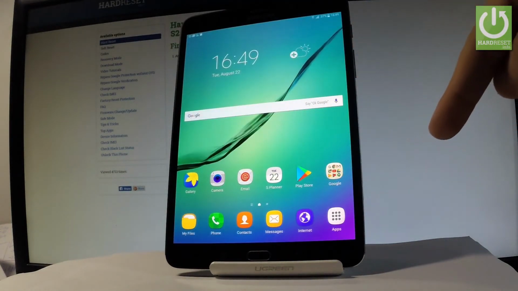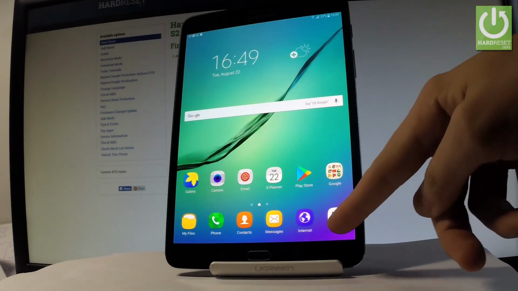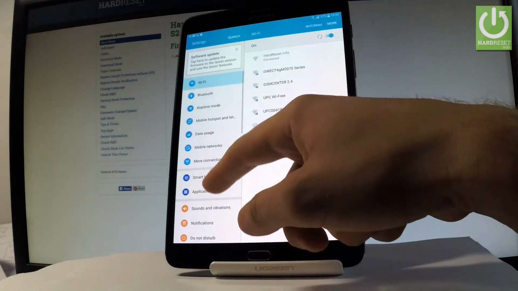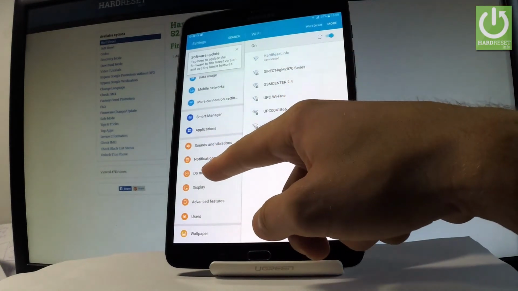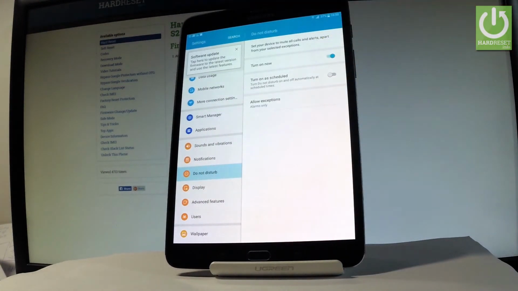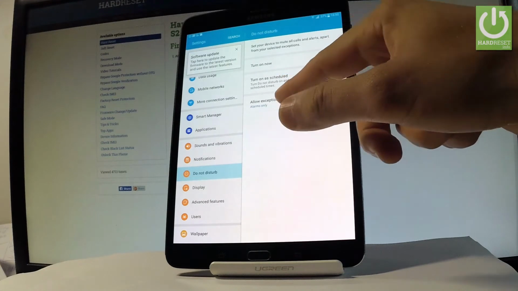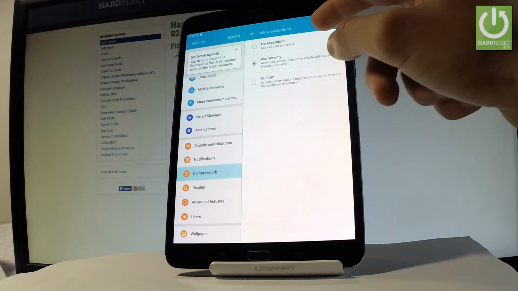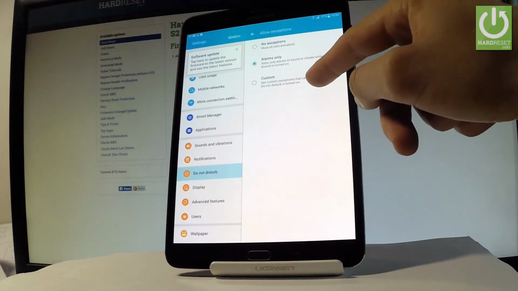If you would like to change some settings about Do Not Disturb, let's tap apps icon, find and select settings. Let's scroll down and let's choose Do Not Disturb. As you can see here, we've got the settings connected to Do Not Disturb. You can change some exceptions. For example, you can choose the no exception mode, alarms only, or just custom